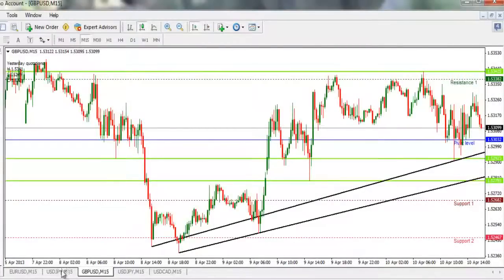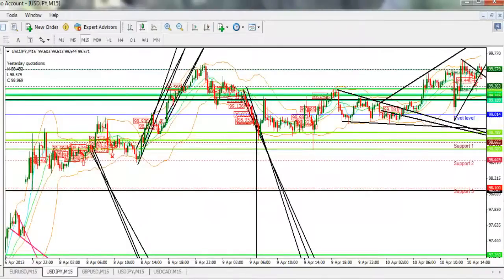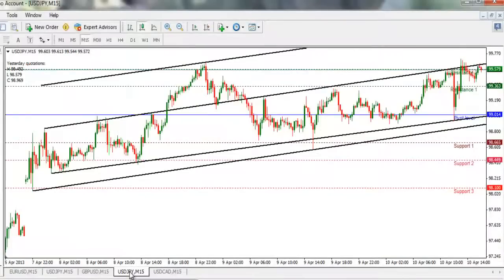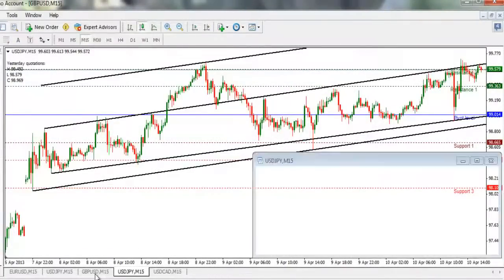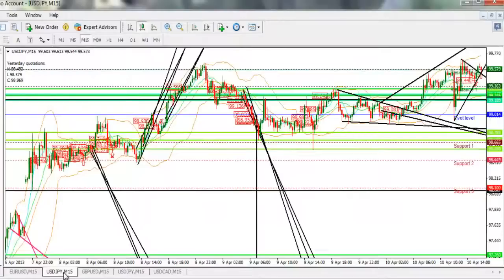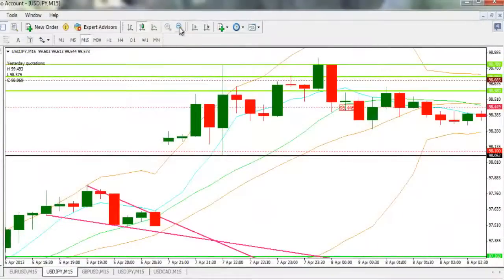So as an example, I'm going to go over to a trade I took. See, this could have been a nice put option trade on the USD CAD 2 times right there. High probability trade. But that was a trade I took on, I believe, the USD Japanese yen. I'm not sure, it's a GBP USD. Let's see here. Hold on 1 second. Okay, I think I did take a trade here. So I'm going to zoom in on the USD Japanese yen